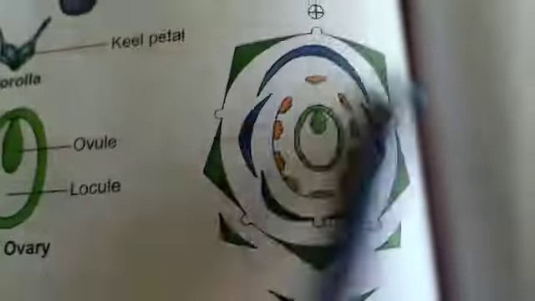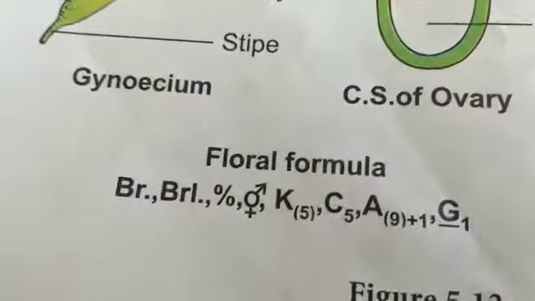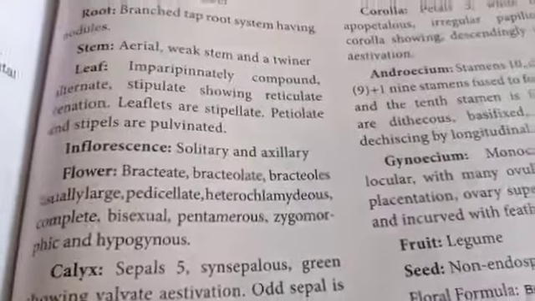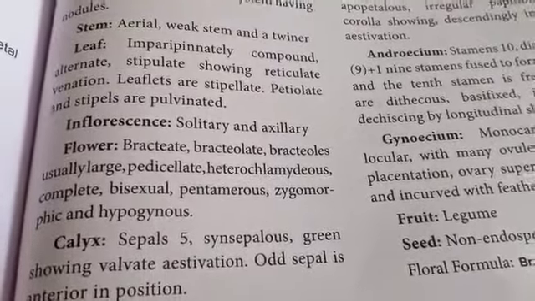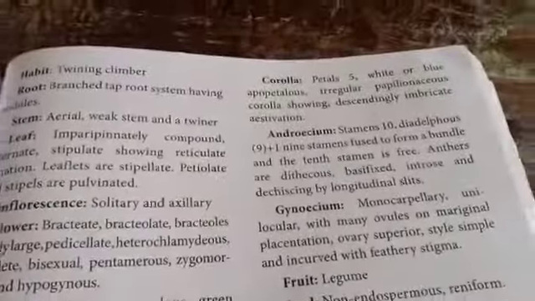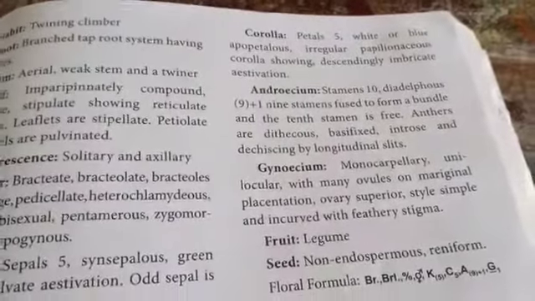Along with the notes, you need to draw this floral diagram, which we have already discussed. You will have to draw the floral diagram and write the floral formula for this answer. Is it clear, children? So you will be explaining all these characters. So if you feel this is a big answer, you can write at least 3 points for each character. For flower 3 characters, for calyx 3 characters, for corolla 3 characters, androecium 3 and gynoecium 3 would be sufficient.